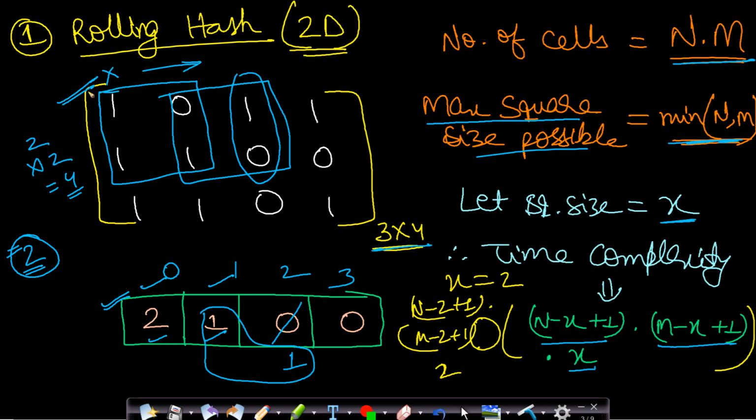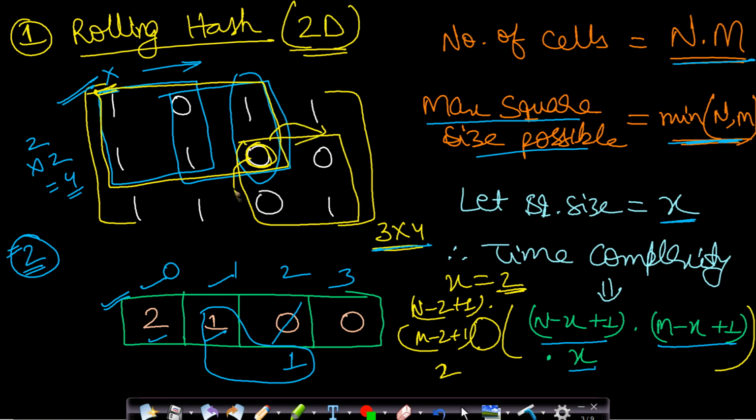So in this rectangular matrix, these points will all be our possible square matrices of size 2. So you can start at this point and this will be of size 2 by 2. Now you cannot start at any point beyond this point or any point below this point. So this will not be possible and this will only be our range. So these two multiplications denote the number of possible cells from where our square matrix of size x can start. And then we will have to multiply it by x, because for sliding the window we were adding the column sum.